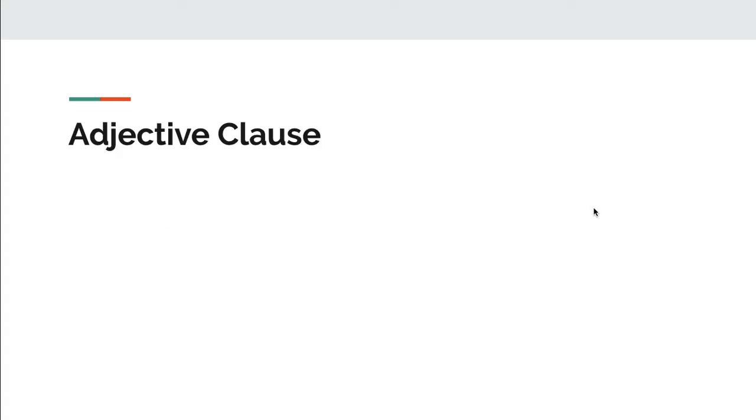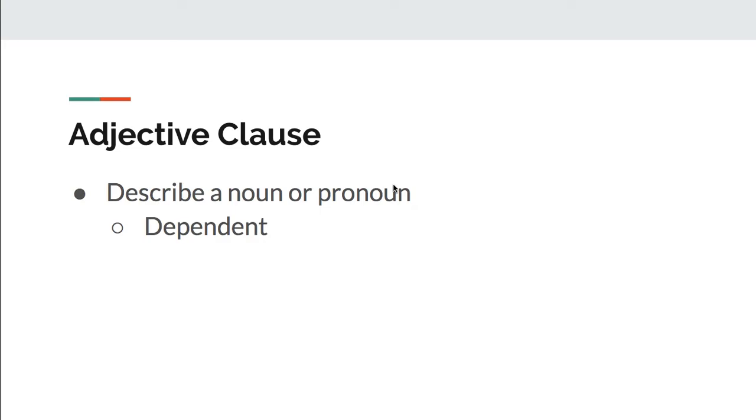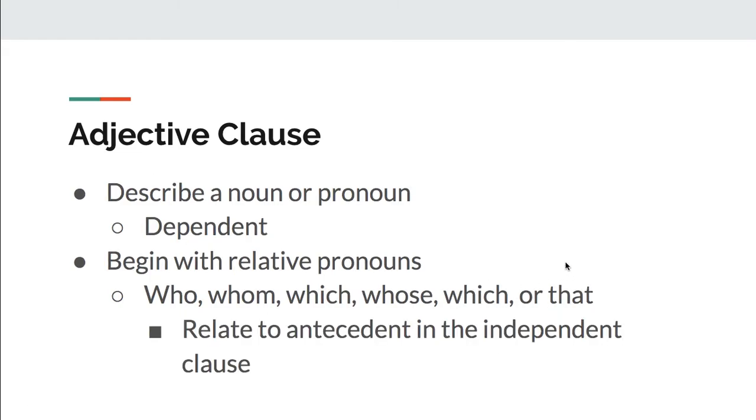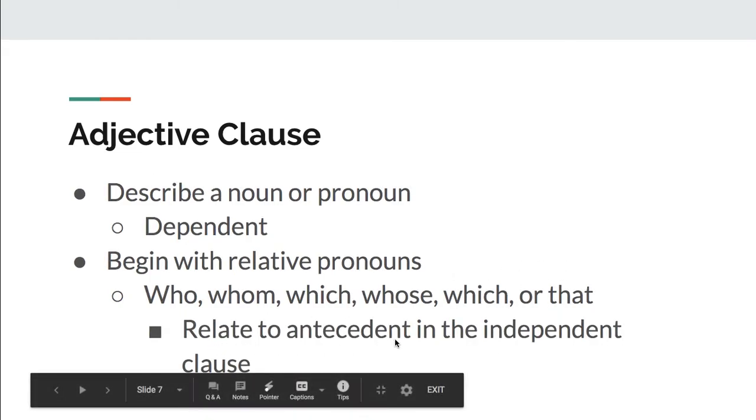Now they define adjective clause. It describes a noun or a pronoun, just like an adjective, but it's a group of words. It's dependent, meaning it can't stand alone, and they typically begin with relative pronouns such as who, whom, which, whose, oops, I put which twice, or that. And they relate to the antecedent in the independent clause, so that's who the pronoun is referring to, and I'll